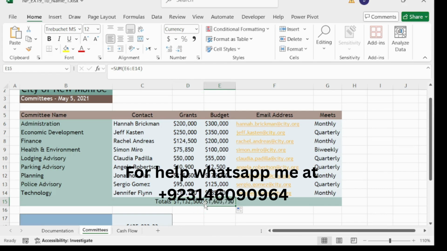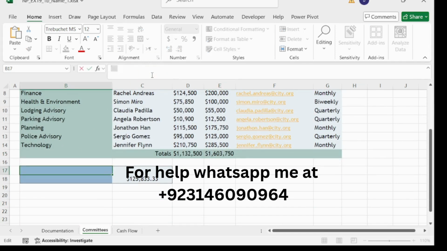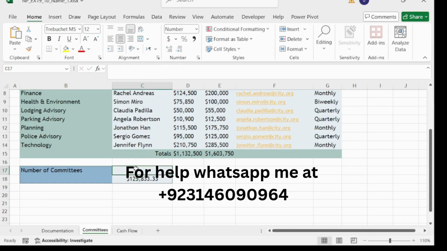And our step number 9 is in cell B17, type Number of Committees. And our step number 10 is in cell C17, create a formula using the COUNT function.